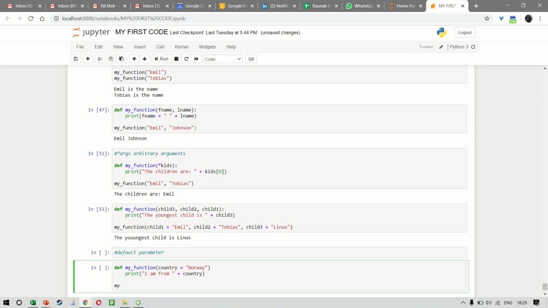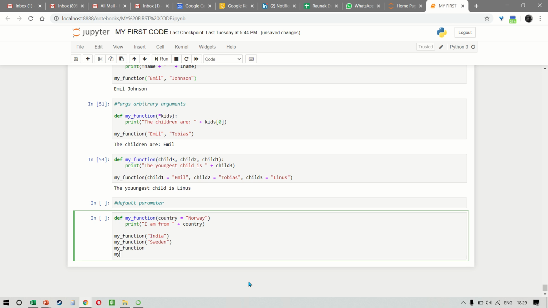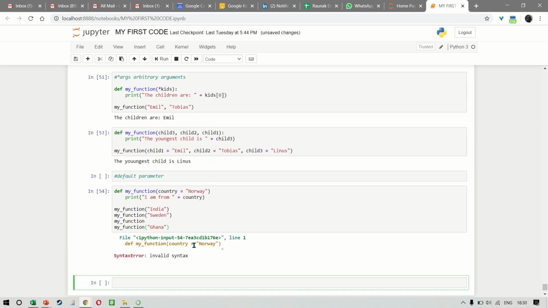After that, we can say my_function and we can say India, and we just copy this one more time and we say Sweden. And in the third one, I want to keep a blank. So I'll simply say my_function without anything. And in the final one, we will say my_function and something else, so we say Ghana. So when we run this,